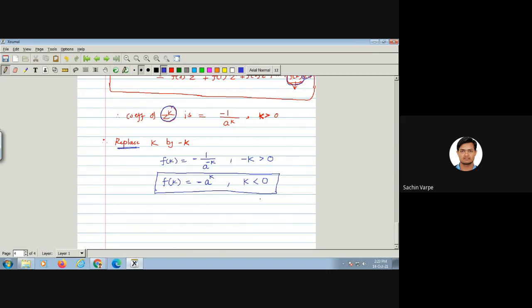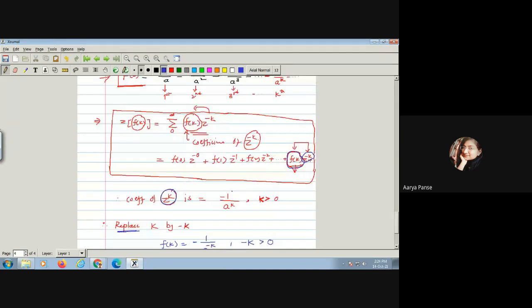Sir, here we replaced k with minus k in the above formula, na? The one which is there in the box. No, that is for the function reference. We are not replacing in that. That is for the reference actually. What is the reference there? This is actually the definition of Z transform. That is Z transform of f of k is